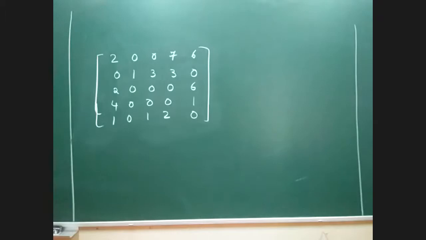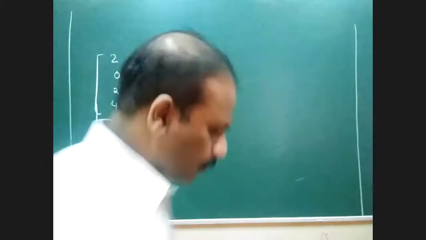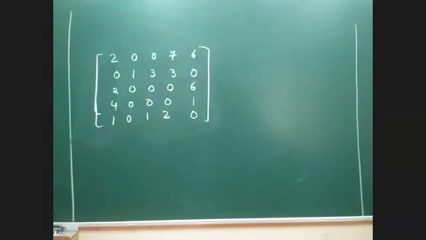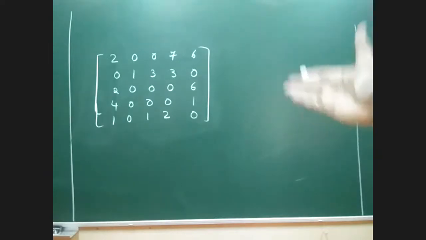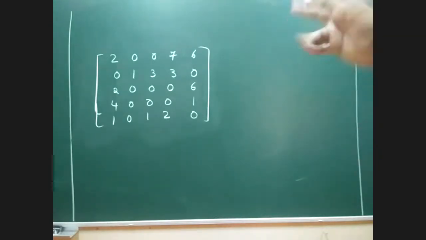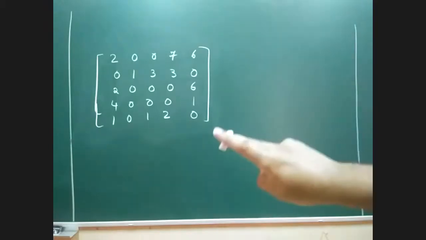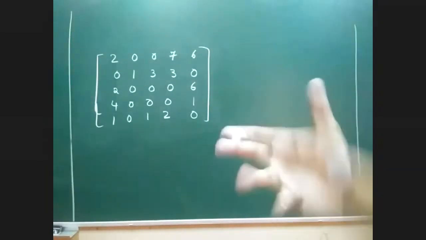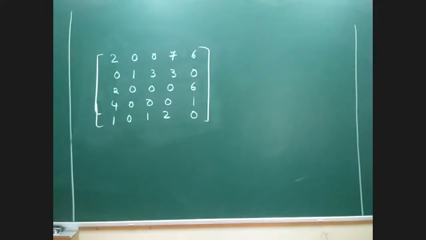You agree with me? Yes, sir. Sir, but the thing is, if we go with the trial and error method, we can solve easily. Even now this is a trial and error method, right? What I'm doing also is trial and error, because I'm supposed to decide whether the first zero is better or the second zero is better, but just by the inspection method. I'm not doing any calculations here. I'm just verifying whether the possibility can really exist or not. That is all I'm doing here. This is as good as a trial and error method itself. Okay, anyway, let's try this.